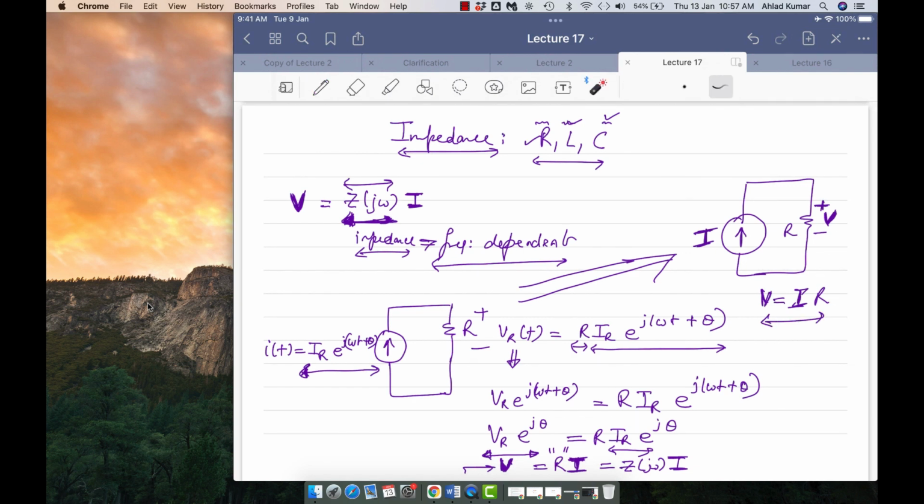So you are now representing in terms of phasors. These bold I and bold V are now phasor representations. Earlier it was the time representation. So both these circuits are different. This is the frequency representation, where all these voltages and currents are written in bold format. That's why this is the phasor format representation of the circuit. And this is the time format which you have here. Any questions here?